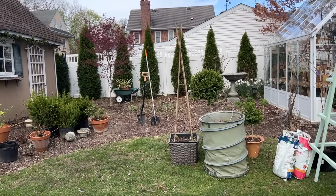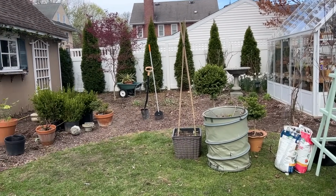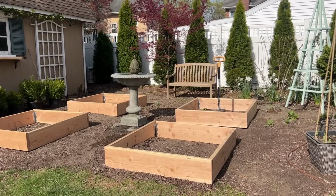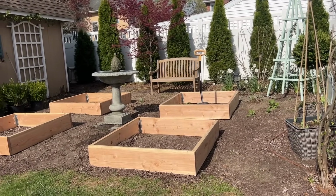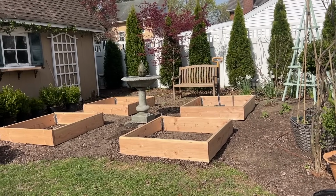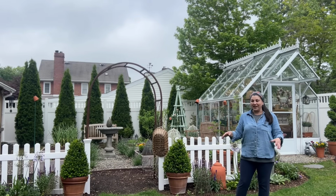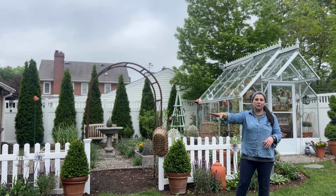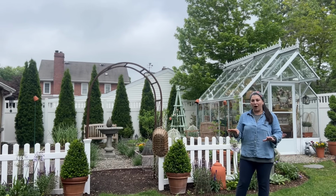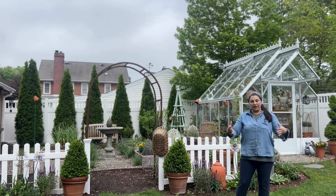So last year, my husband Mark and I put together this kitchen garden, potager, veggie garden, whatever you prefer to call it. He built some simple raised beds here. And our reasoning for doing that was we wanted to really tie two spaces together. We've got the greenhouse on one side, we've got the potting shed on the other, and really they kind of felt disjointed. We had raised beds over in what used to be our driveway area over here, you may remember,